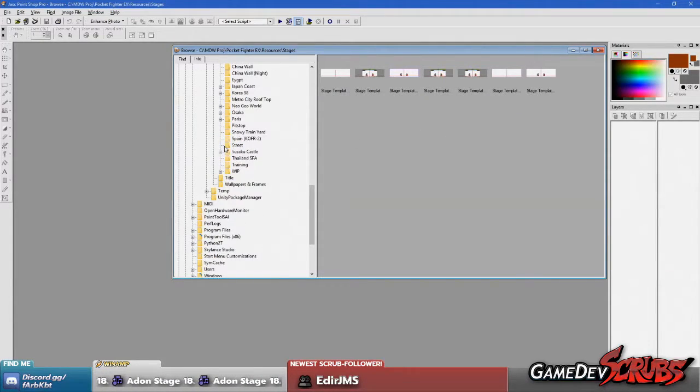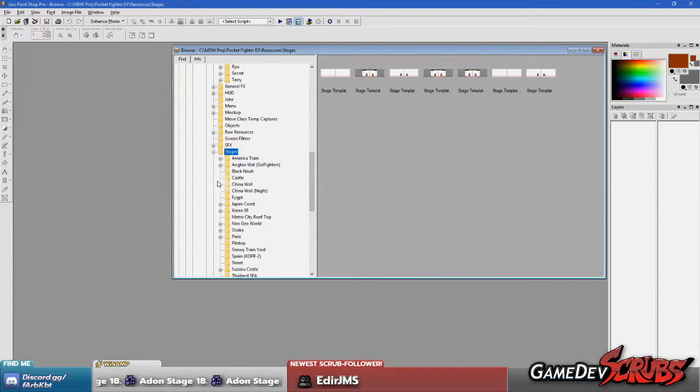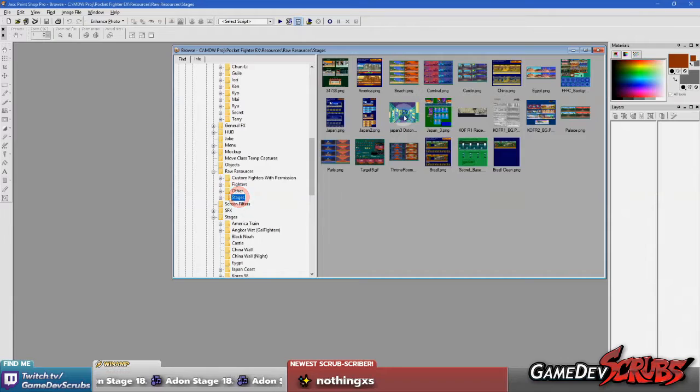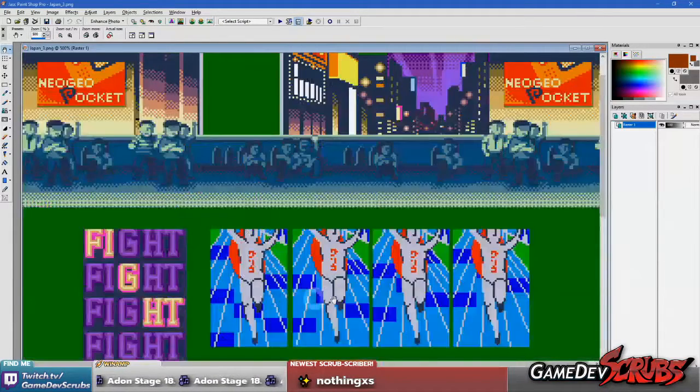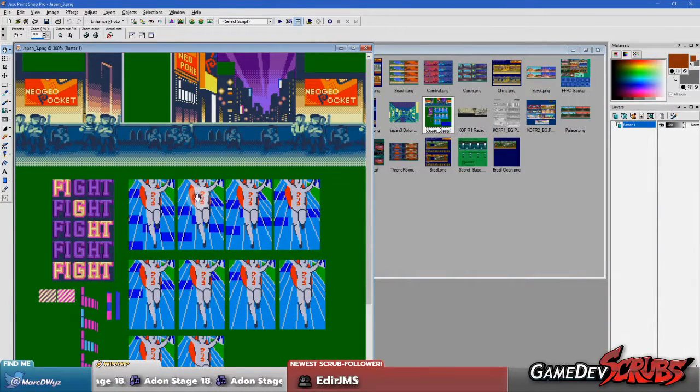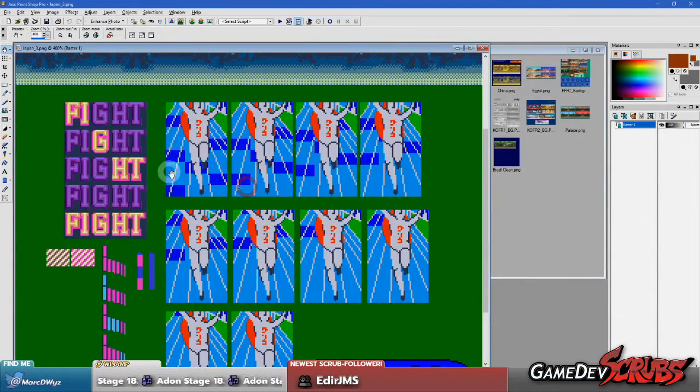Probably... no. That's the ones that I've put together. Here's the rips of them. So... let's see, is it you? Yep, it's you. It's Jet Paradox. There you are. Yeah, the one thing that was missing